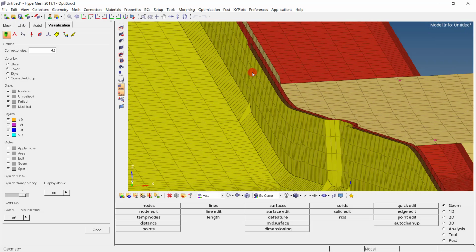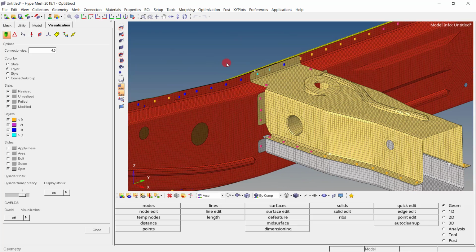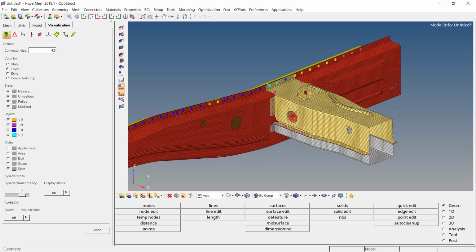In a similar way, you can observe how all these connectors are used to connect the different components. But still, we have this geometric information. We have to convert this geometric information into the FE representation. Or in technical words, we have to convert unrealized connector into realized connector. There are multiple ways to do the same thing. I am going to show you at least 2 ways by which it can be done.